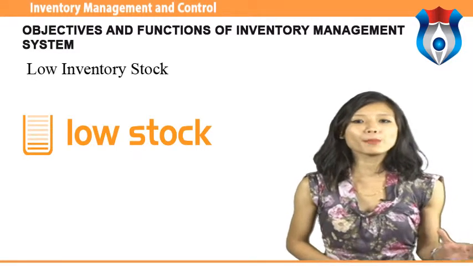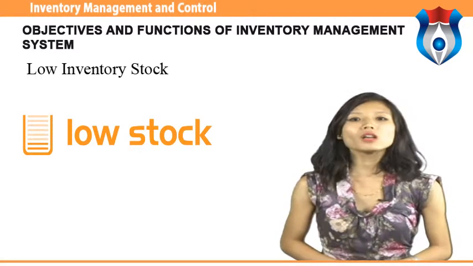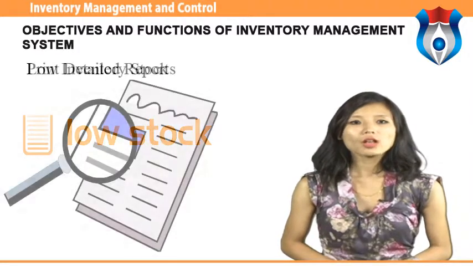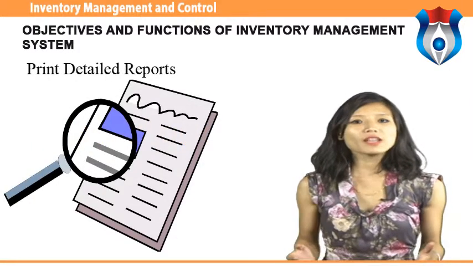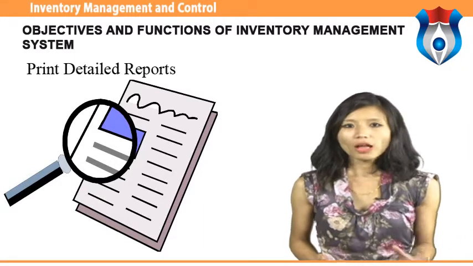This is particularly important for stores or raw materials used for product development. The figure gives information about when new supplies need to be ordered. Print detailed reports. The inventory control system should also provide the employer with a detailed inventory report that shows the